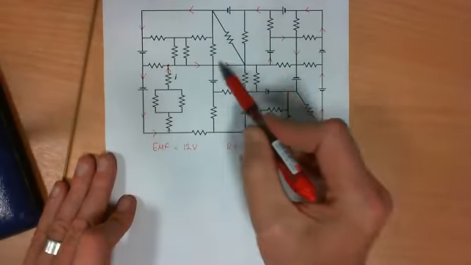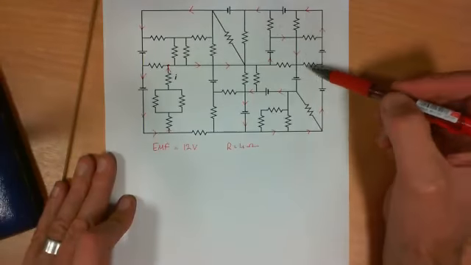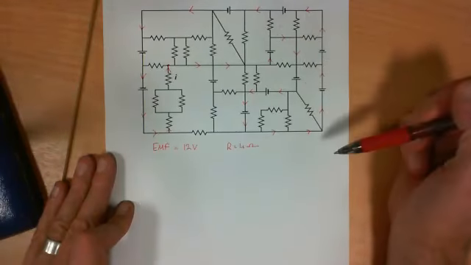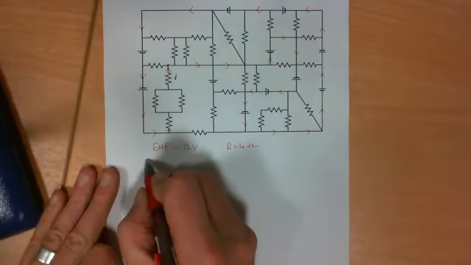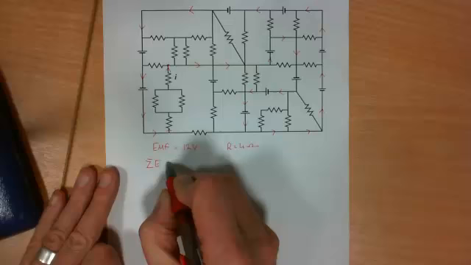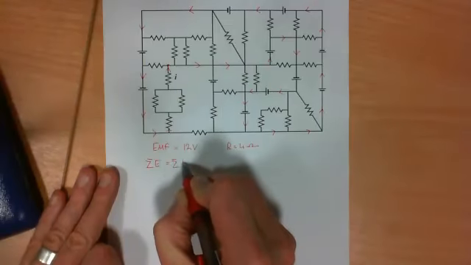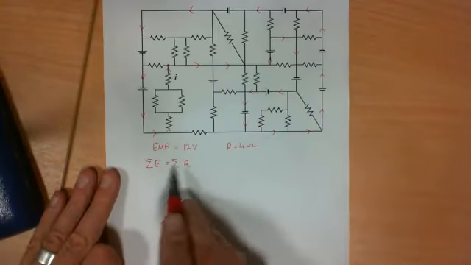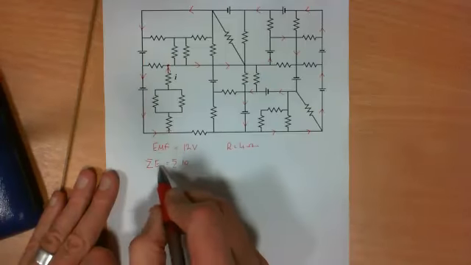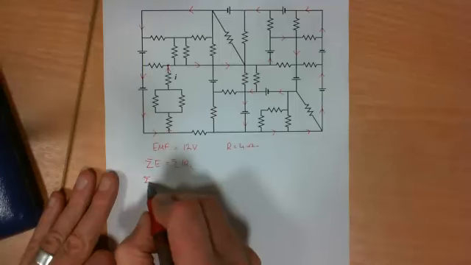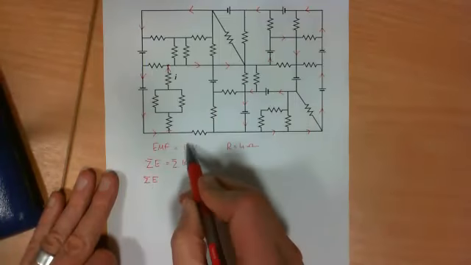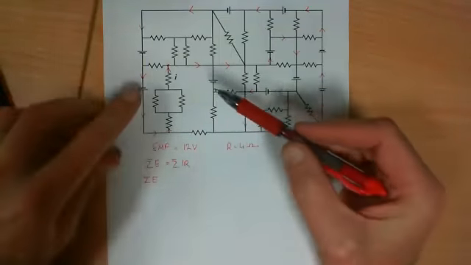So I've got a circuit here which mostly just involves going through EMFs. Now remember, what we're doing is applying Kirchhoff's loop law. We're saying that the sum of all the EMFs is equal to the sum of the potential drops, the sum of IR. So I'm just going to calculate this bit for our loop to start with. Sum of all the EMFs. Remember, they're all equal to 12 volts, so we just go around the loop